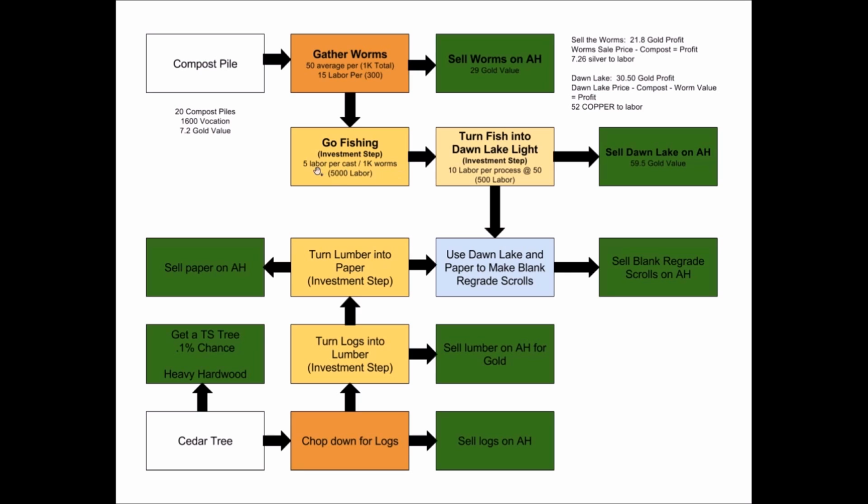Now, you'll notice I call these investment steps, and this should have been an investment step as well. The first time you fish 1,000 worms, it costs you 5,000 labor. The second time you do it, it costs you 5,000 labor. But when you hit 10K and you can upgrade your proficiency, you're investing in your character. Just keep that in your mind, because we're going to move forward and see if we can make any more